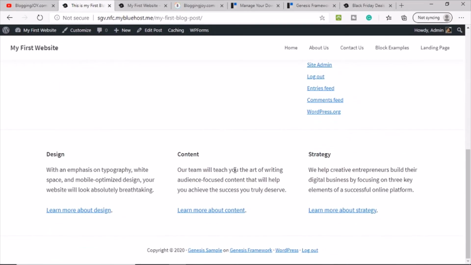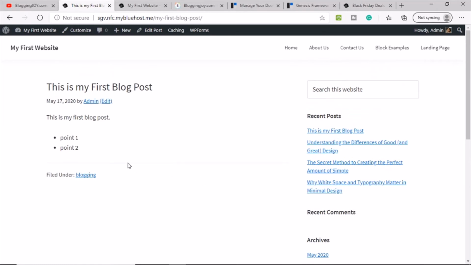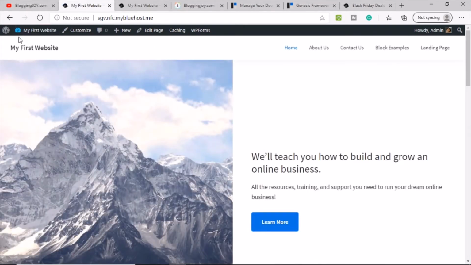So you can see that the theme is very simple. This is a highly SEO friendly theme. This is very lightweight. Whatever content you write on this kind of theme, it will be indexed very easily. Now there are a few key settings that you need to do whenever you install Genesis framework. So for that, click on this customize option.